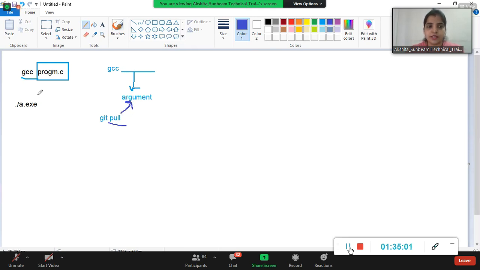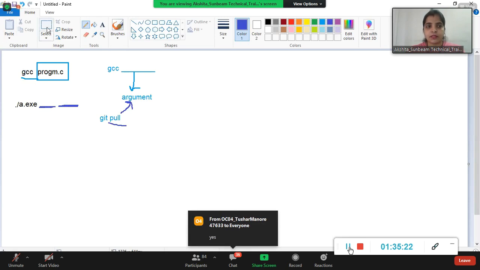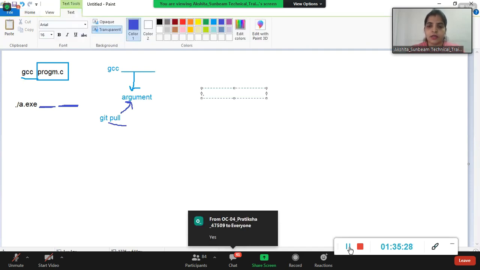So जैसे ./a.exe लिखती हूँ तो मैं आगे कुछ पास नहीं करती हूँ. That is why we say when I'm executing this application, I'm not passing any arguments with it. Do you all agree? Everyone, yahan tak samajh mein aaya? Right. But if I write dot slash a dot exe,